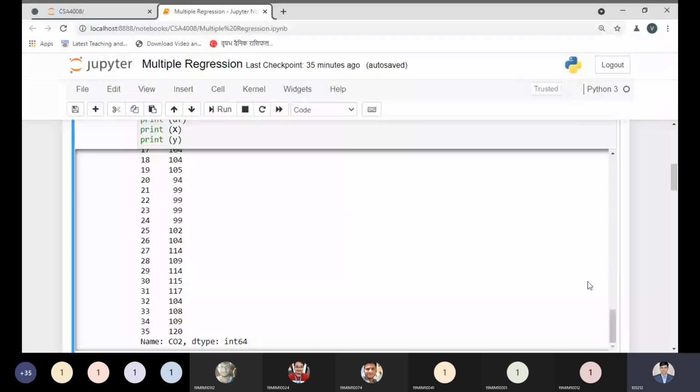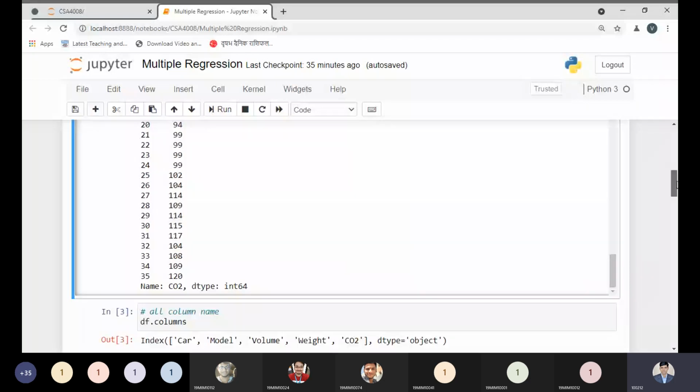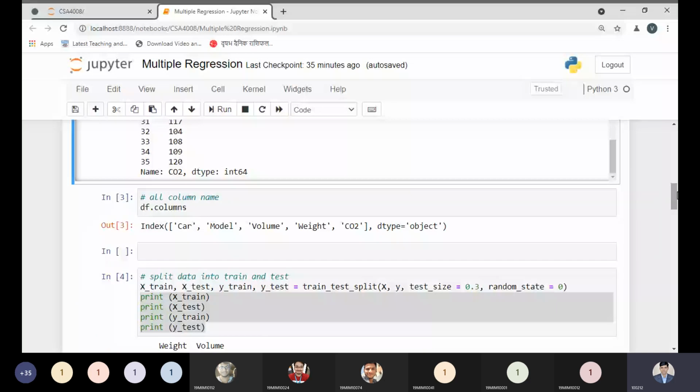Now after that, whenever you have a doubt, you can ask me. We need to check how many columns the data set contains, for understanding purposes only. So I'm using the syntax by which I can see the various columns contained in our car data set. Those are the car models, volume, weight, and CO2. We can easily see this by this command only. So I put it over here. Now, do you have any doubt right now? Then you can ask me.